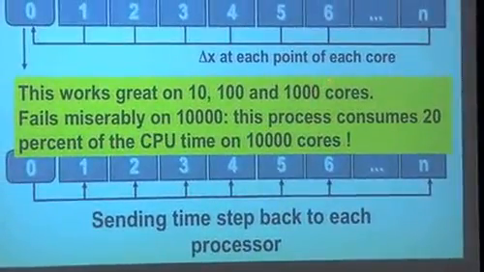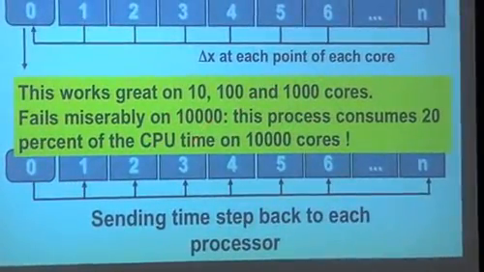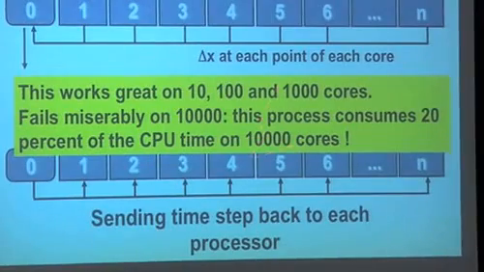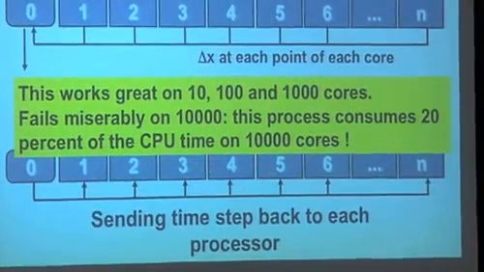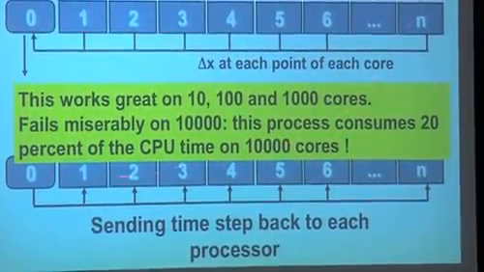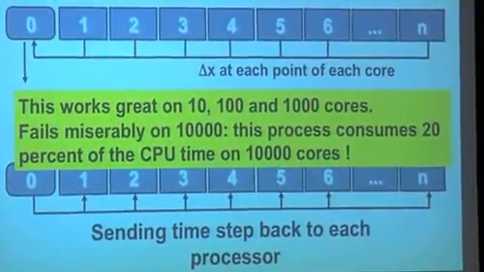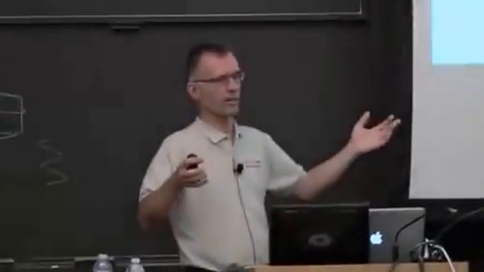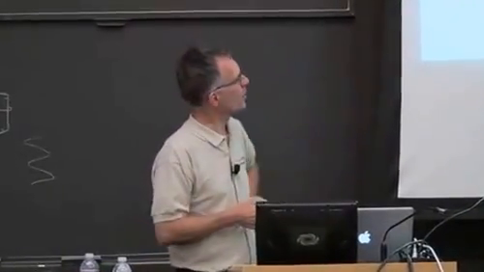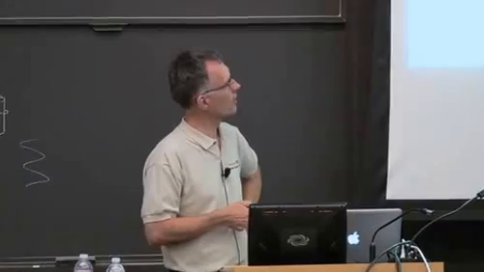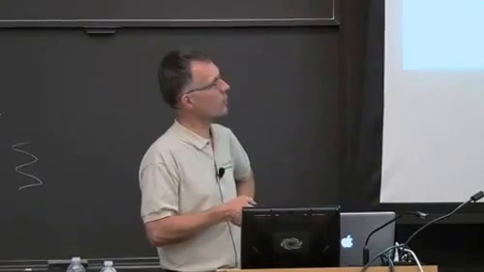So what we found out is that we never had any problem with this part until we reached 10,000. And then at 10,000, we found out that this process, which is very small normally in the code, just a simple loop, was taking 20% of the CPU time. But in the code, there are many other parts which look like this one. We need to gather and scatter information. So the efficiency was dropping. We were going faster on 1,000 cores than we were going on 10,000. So that didn't make sense. Normally, we should go 10 times faster. In that case, we were going more slowly.